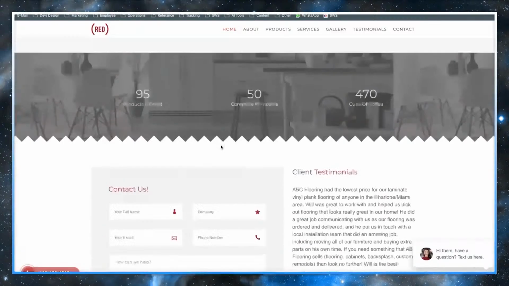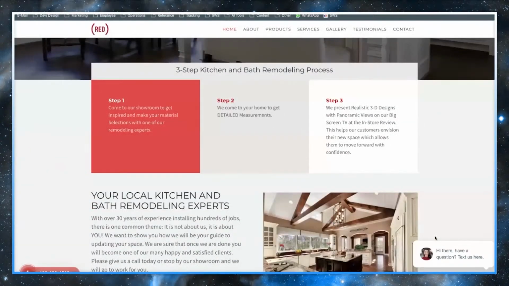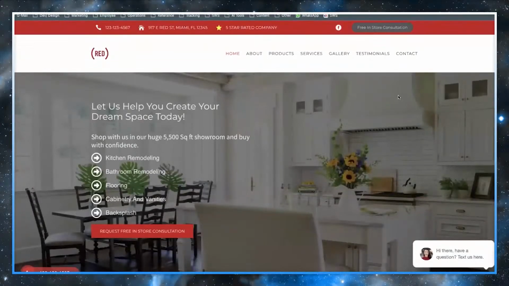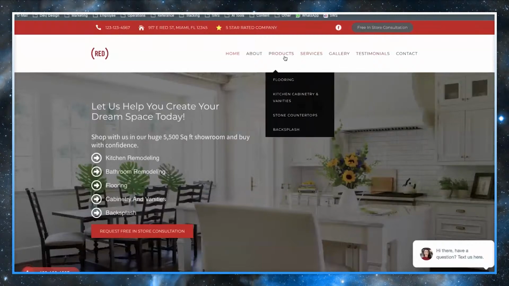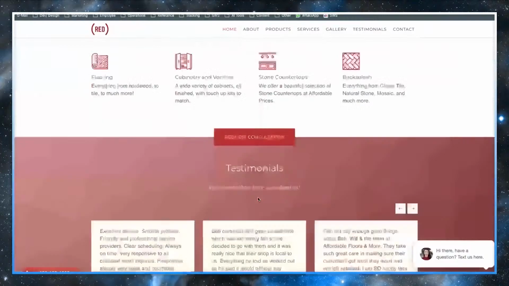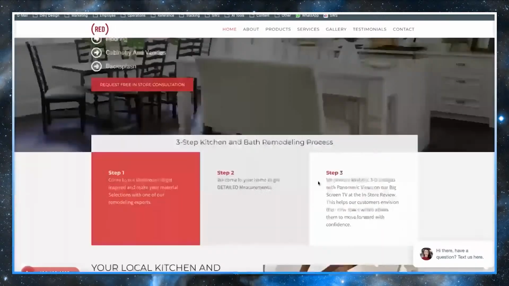And then that is the website. When it comes to the dropdowns, this is all about conversion. As you can see, this is highlighted: free in-store consultation. We have that there, 5-star rated company. We have the phone number. As you scroll down in the bottom left, we have this HighLevel live chat widget on every single website. This is amazing as well. It doesn't even have to be a live chat. This is just another version of a website form, and it goes into their dashboard, into your dashboard. And then under services, of course, we have different pages for whatever it is that they offer. So this is an example of a website that you can build. Always embed the Google My Business because it also does help with SEO.